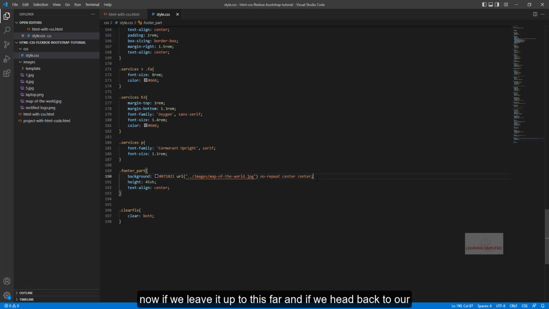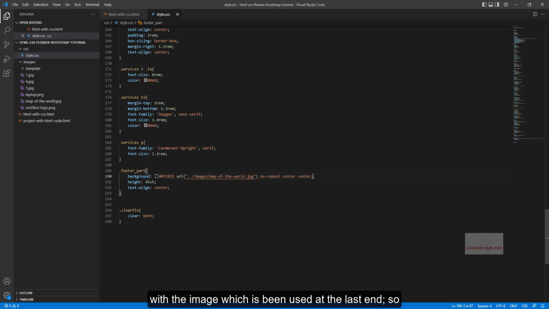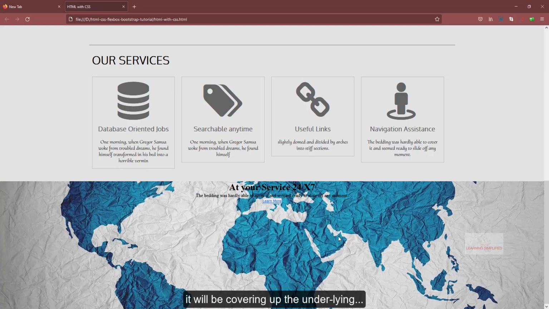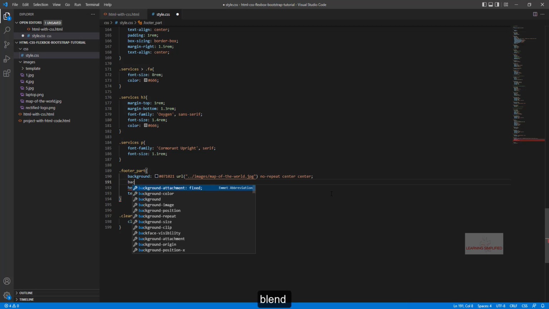Now if we leave it up to this far and if we head back to our project and reload, we can see that still there's no color here. Why so? This is due to the fact that this entire div element has practically been covered with the image which is being used at the last end. So of course this entire image will be covering up the underlying background color. This is why we need to adopt something else, something like this background blend mode,